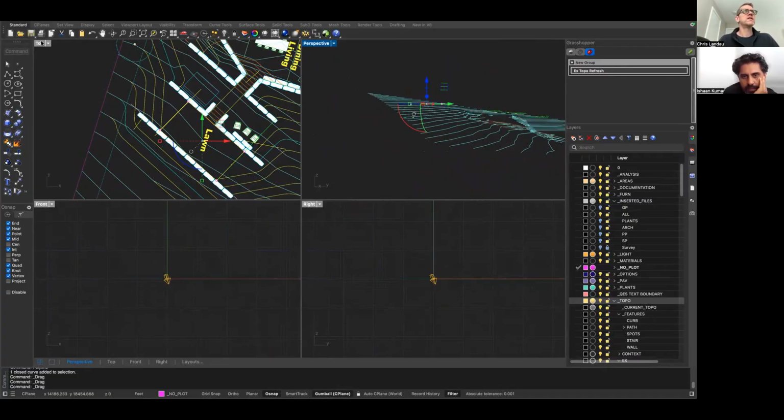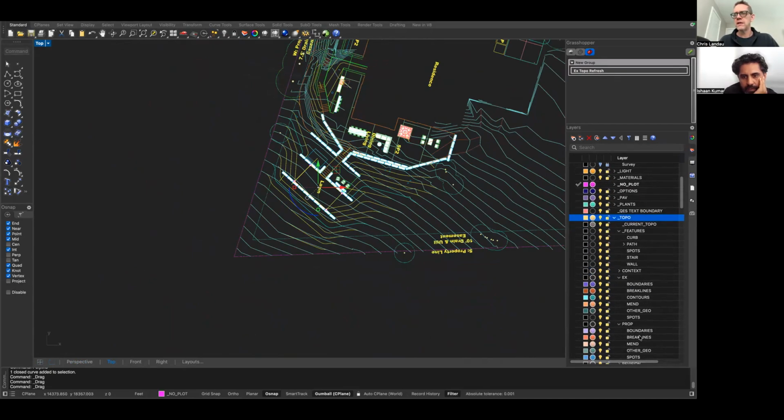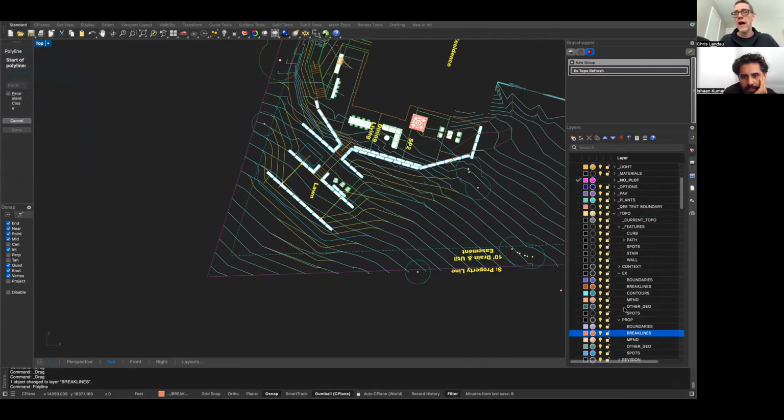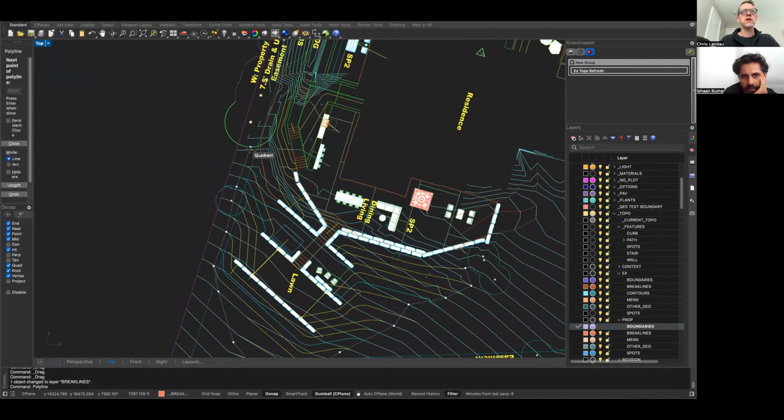What I might do is say, okay, well, I know it's going to go here, and this is going to be one of my proposed break lines. So I say change this layer. And then we can cheat because we know how big it is, but I'm going to say, what is that extent of work? Like how far out is that going to change things? So on the boundary layer, I draw how far out I think this thing is going to change, right? And you can see I'm drawing it around where the grades are changing, right? So this is the site of disturbance,